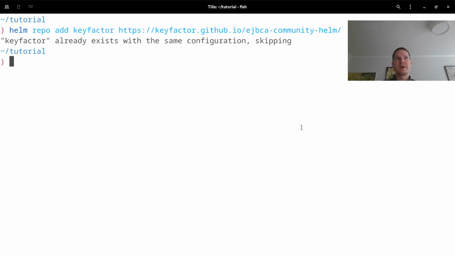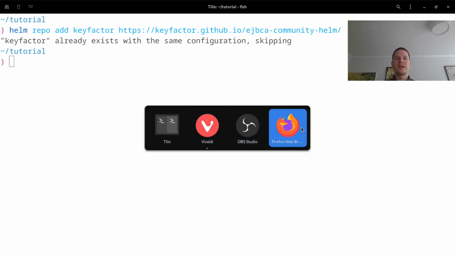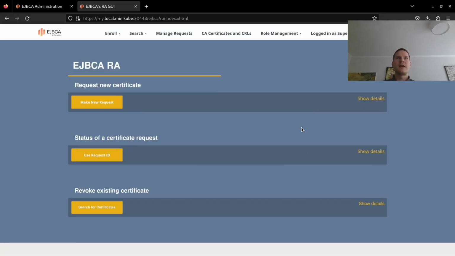When deploying SignServer, you need to either provide it with a key store and trust store so that it can handle TLS termination, or you need to run it behind a load balancer that does it. I am going to configure Kubernetes Ingress to handle mutual TLS and have that in front of my SignServer instance. Here I am in the EJBCA RA web